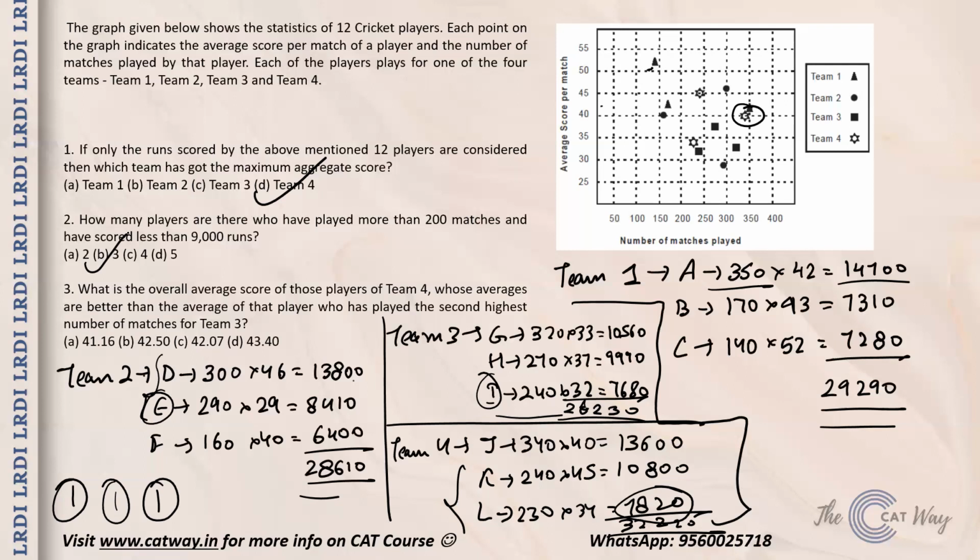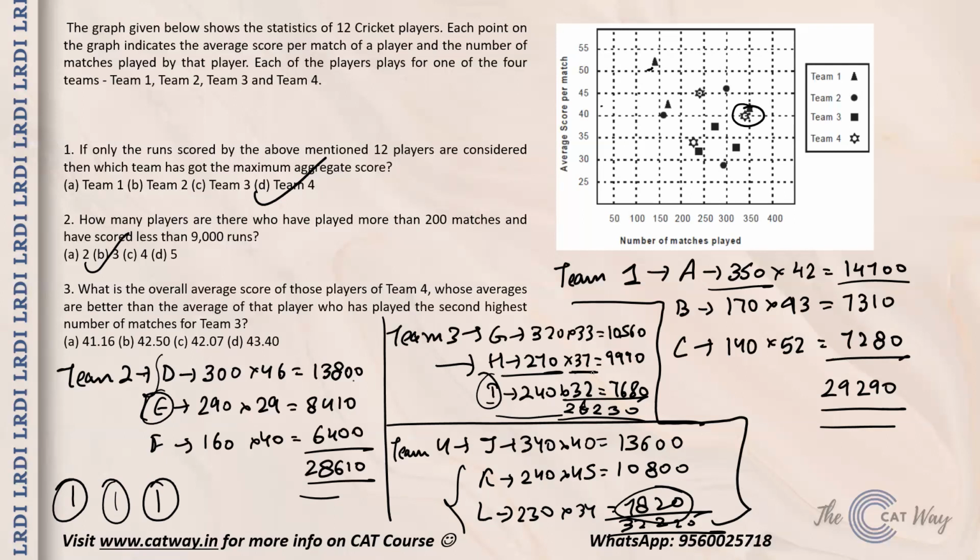Moving to the third one. What is the overall average of those players of team 4 whose average is better than the average of that player who has played the second highest number of matches for team 3? So the person who has played the second highest number of matches for team 3 is this guy, and his average is 37, right? Now